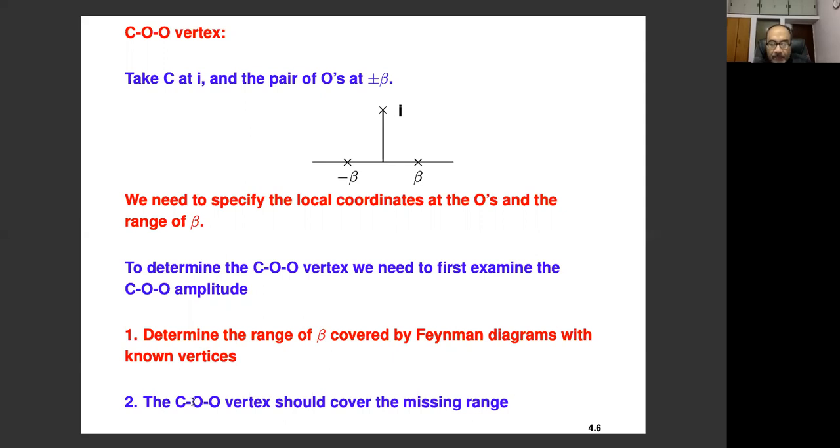And this is necessary, of course, to reproduce the correct amplitude, but one can also show that this is necessary in order that the action satisfies the BV master equation. Okay, we wrote down the BV master equation yesterday. In order that the interaction terms in the action also satisfy the same master equation, we have to ensure this, that there is no gap in the moduli space. So let me explain how this is done in the next slide, and then it may become a little clearer.